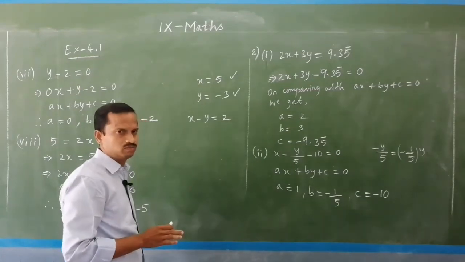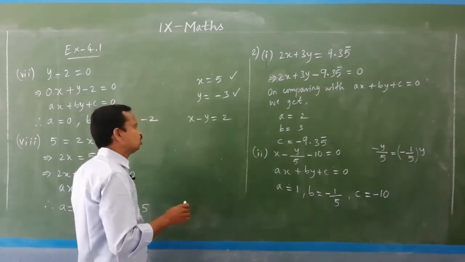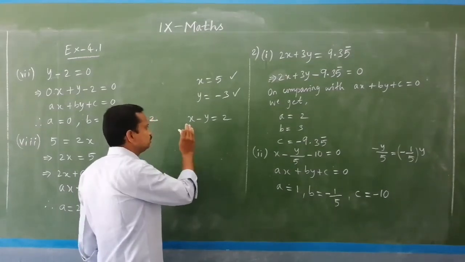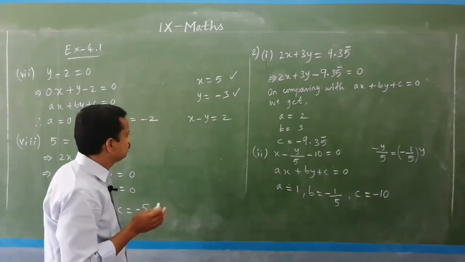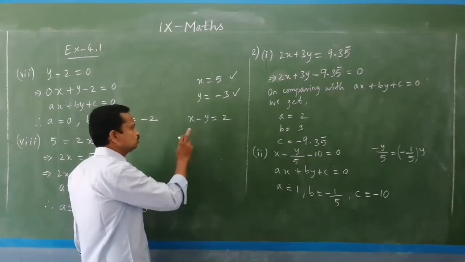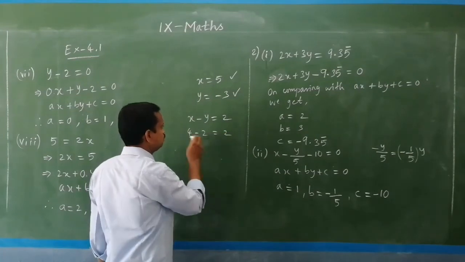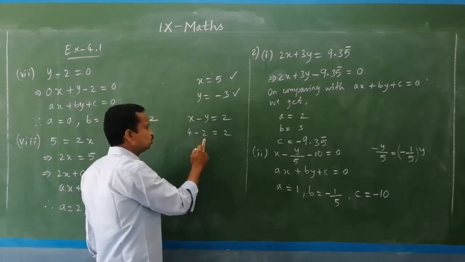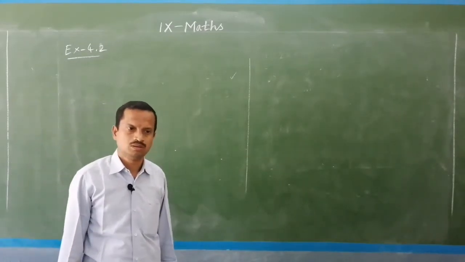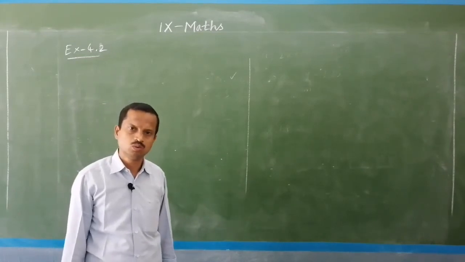So, finding the solution of a linear equation in two variables, what does that mean? Solving an equation. You have to solve, meaning you have to find the values of the unknowns. Unknown means variable. Here x and y are there. So, for a linear equation in two variables, the solution is infinite. I already told you. See the example here: if x is 4 and y is 2, then 4 minus 2 is 2. So, generally there are infinite solutions for a linear equation in two variables.